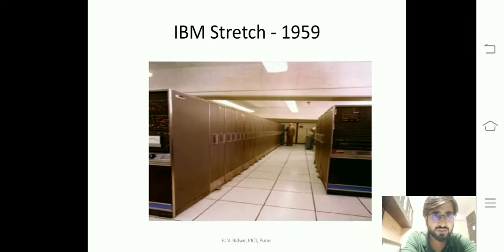I have one more picture of this. You can see that one shelf, rack or row is one CPU. It is a single computer. It is not that multiple computers are stacked together. It is the CPU of a single computer. So this was the first generation computer where vacuum tubes were used, and each tube can store 1 bit of data, either 0 or 1.